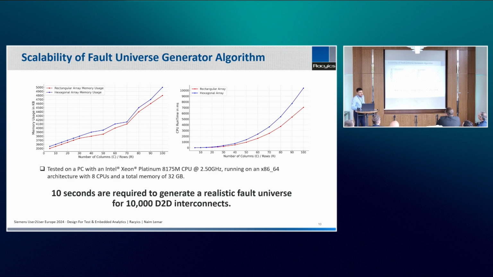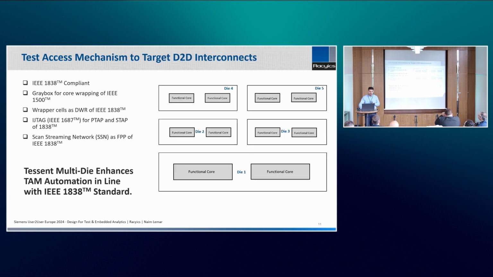So now we have the information. We have the fault universe. Shall we feed it to the ATPG tool to generate the patterns? Well, if you feed it to the ATPG tool, it will complain and ask how it should access those interconnects. So now the question comes to the test access mechanism. It's already